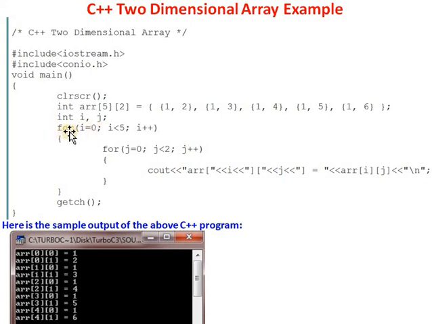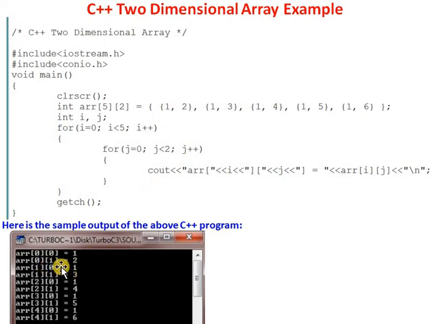Next, by using loop statements, the row values and column values according to the index are retrieved and the array elements are displayed. For example, see the output. Here, first the array index 00 value is displayed, that is 1.